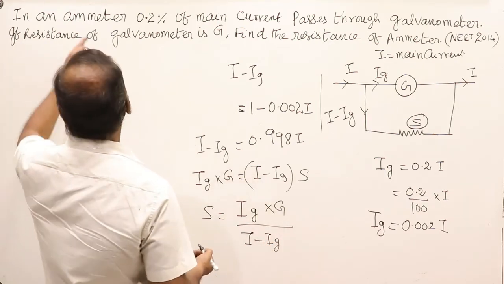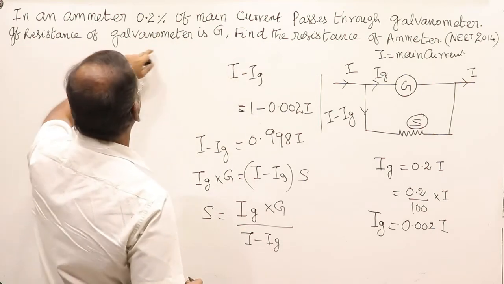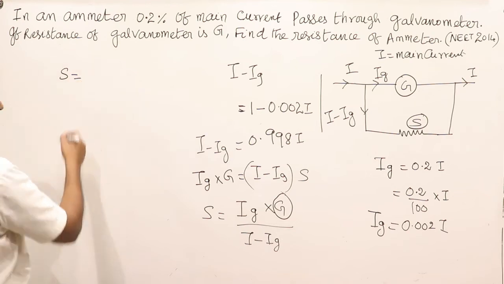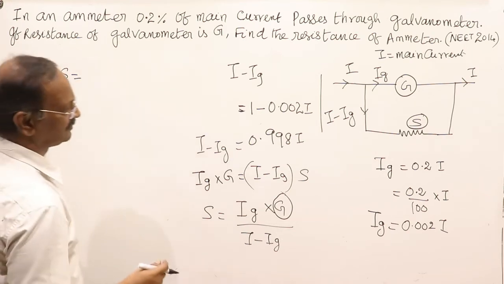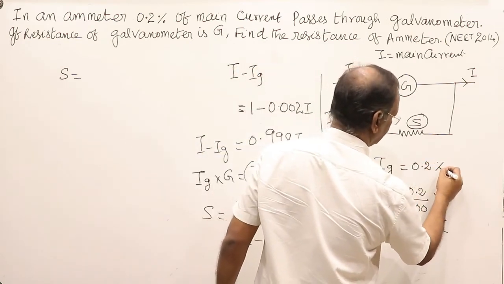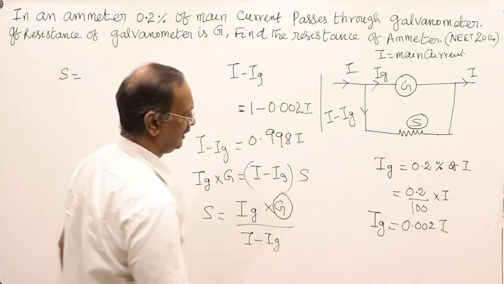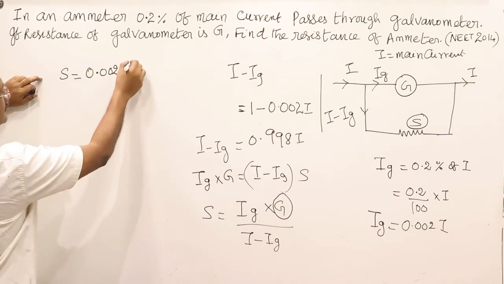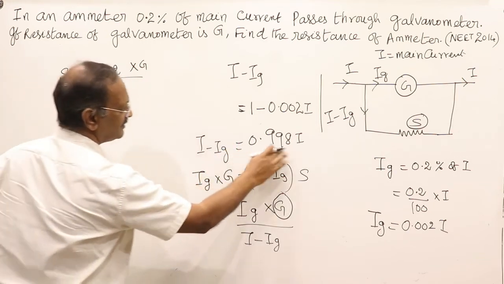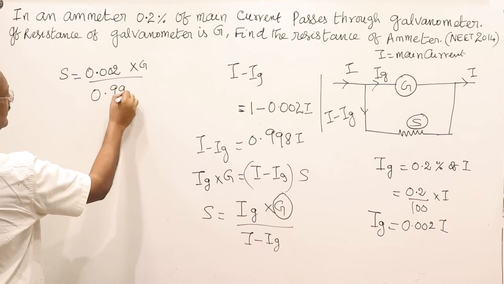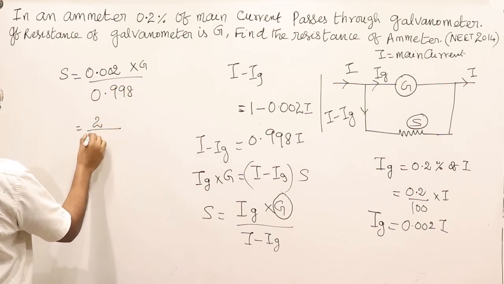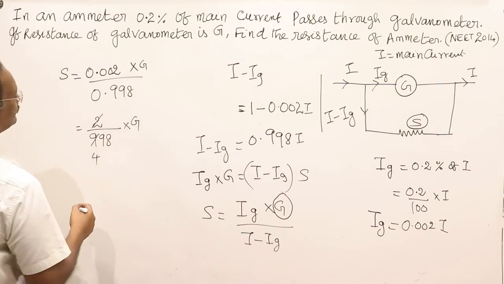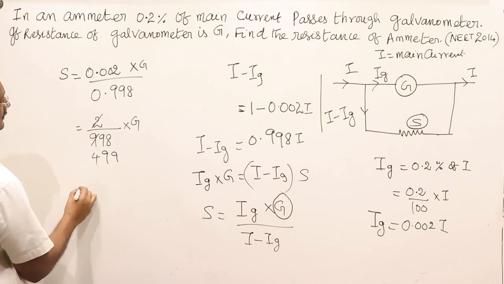G is not given, but the resistance of the galvanometer is G. Therefore S is equal to Ig into G divided by I minus Ig, that is 0.002 G divided by 0.998, which is 2 divided by 998 into G, and cancelling, it is 1 by